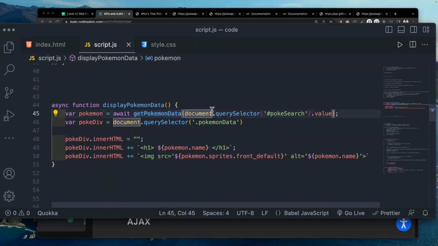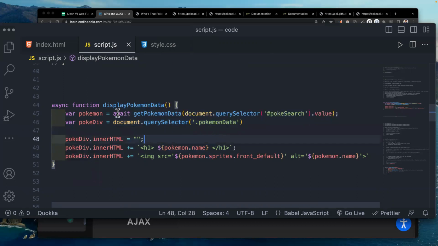It's going to say document.querySelector PokeSearch.value. And then in this next line, PokeDiv equals document.querySelector of that Pokemon class.